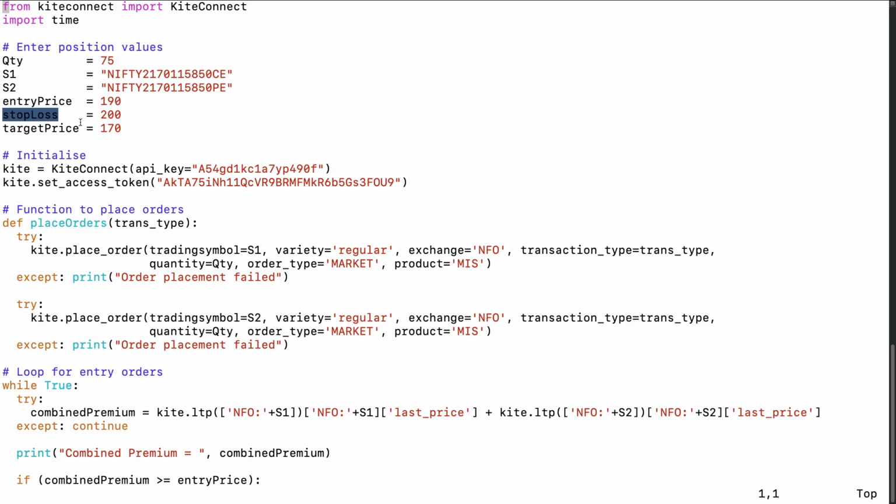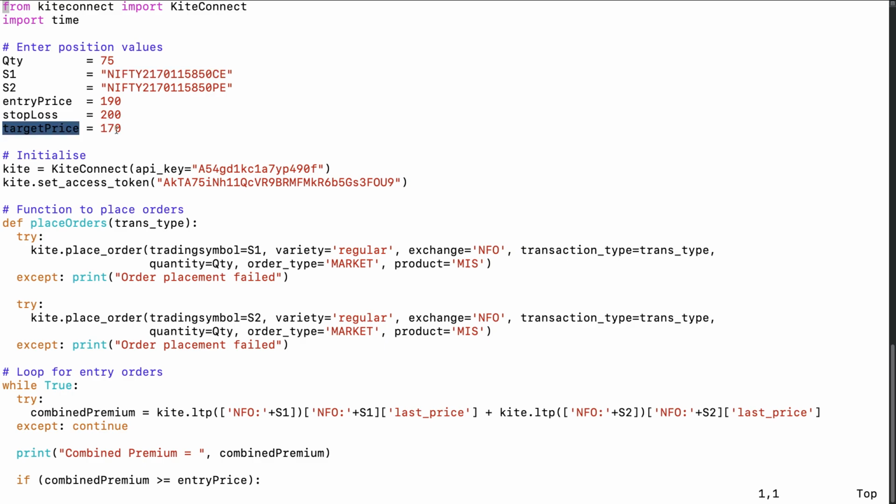Stop loss is a variable I have set wherein I am saying that if I am entering at 190 rupees, and the stop loss of these two strikes combined comes to 200 rupees, then just exit my position at whatever loss I am taking.